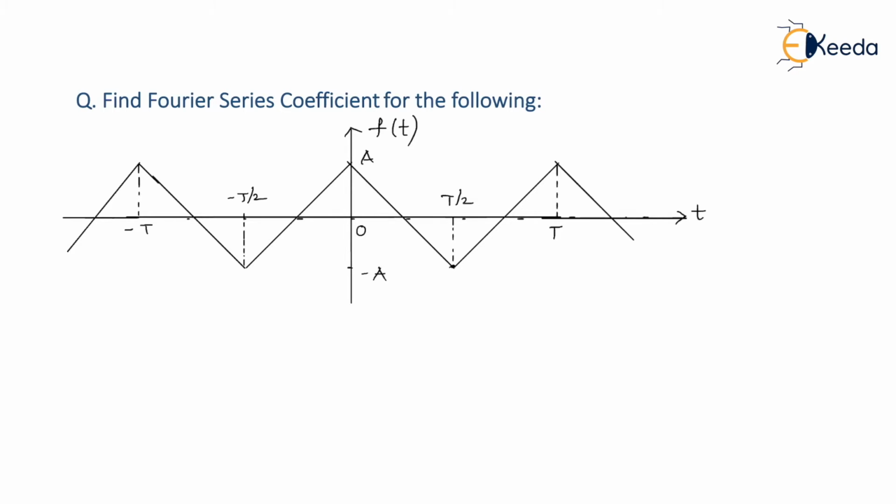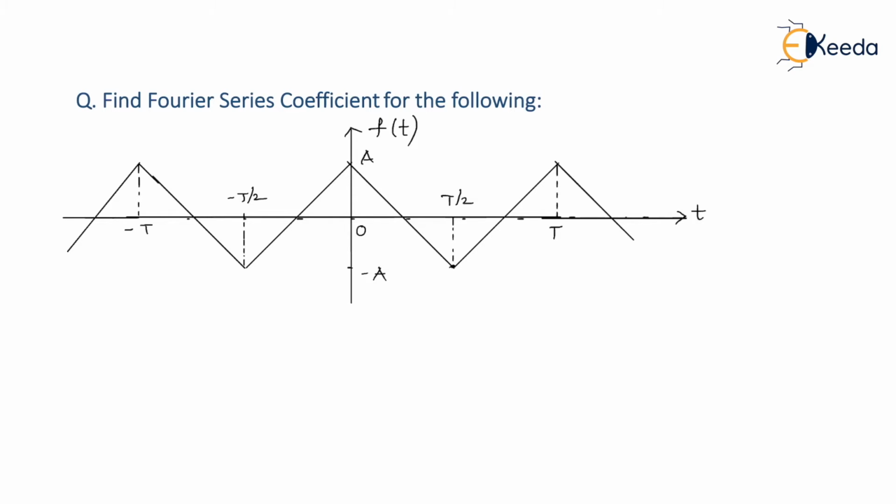And the answer is yes, it is possible, because you should know that after taking the derivative of a triangular wave, it becomes a square wave. In electronics we have a differentiator circuit which differentiates the input; if you apply a triangular wave as input, you get a square wave as output, right? Then by using the time differentiation property of Fourier series, we can very easily get Fourier series coefficients for this f of t.